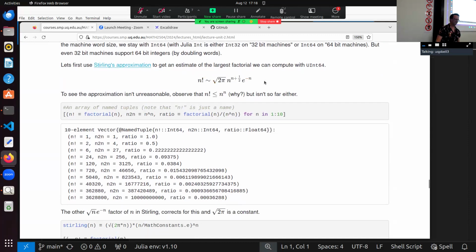Anyone come across Stirling? Who's done stat mech stuff or statistics, maybe some combinatorics? You've done Stirling's approximation, you've seen that before? It's a really common thing. I think it came up in the first lecture, when I was saying how many ways could you rearrange this string or this array, it'd be n factorial. So go back 200 or 150 years before you had a computer, how do you actually approximate that for a big number? If you're doing thermodynamics where there's a mole of gas, like 10 to the 24 atoms bouncing around, and you need to take that factorial. That's a big number. So there's this old school approximation,